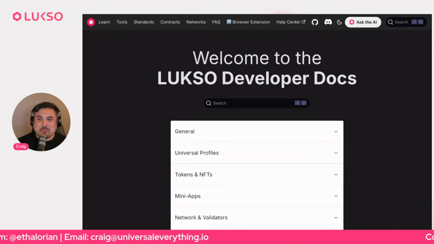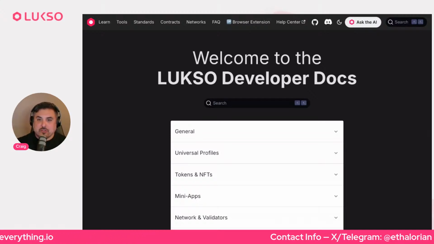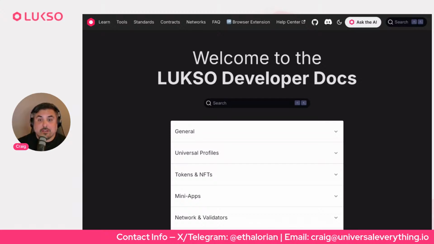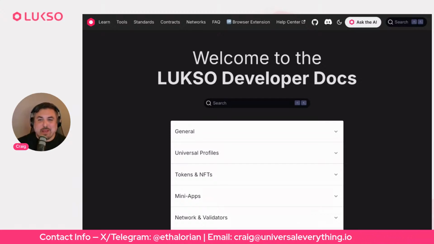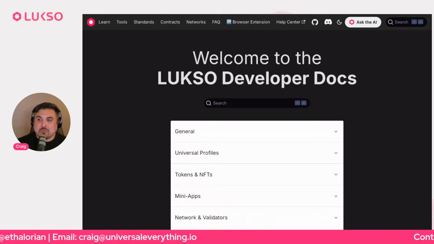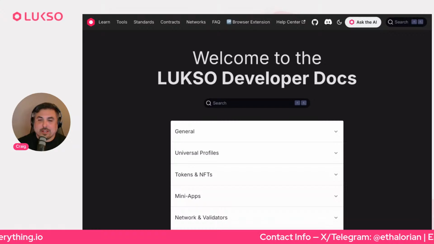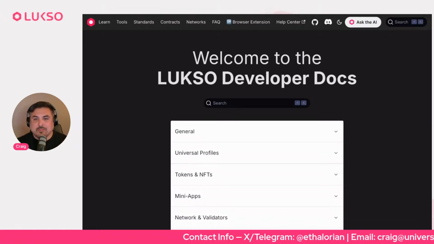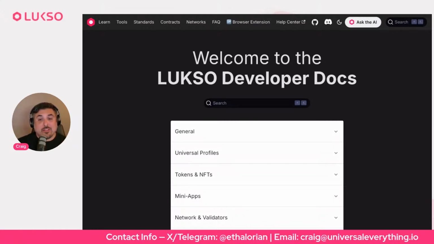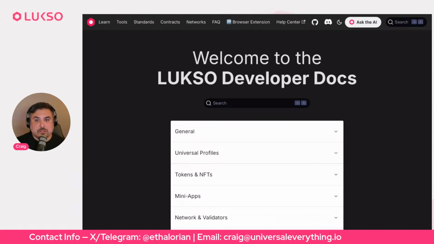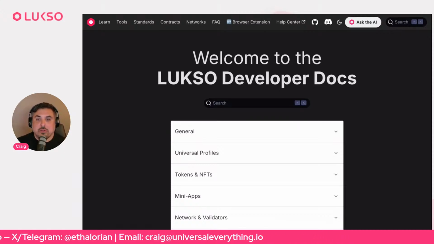Scrolling along the bottom there are contact points. We're just trying to create surface area for you to hook into us. So while you're exploring our standard set and hopefully competing for these bounties, if you have questions, you can reach out to a friendly face, someone who can give you an answer or find the answer for you if it's something that is exotic. Those things pop up from time to time. There's also a channel, which you'll see in the resources in the LUKSO Discord, where you can go and ask questions about all of our bounties.